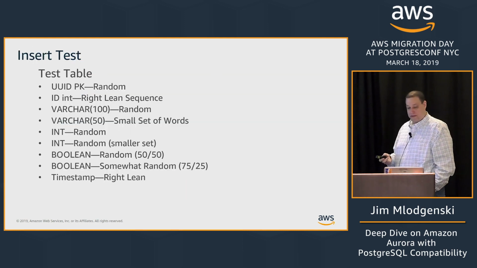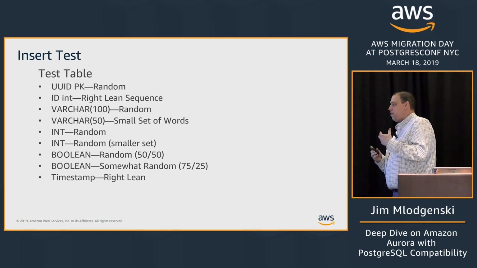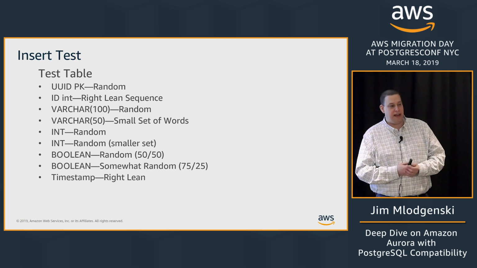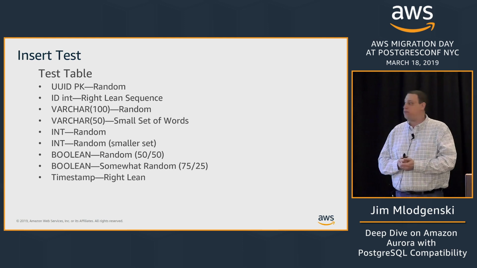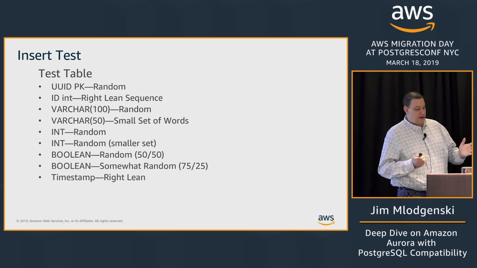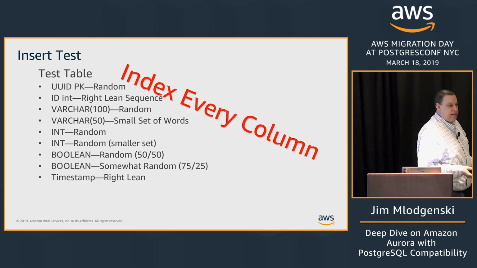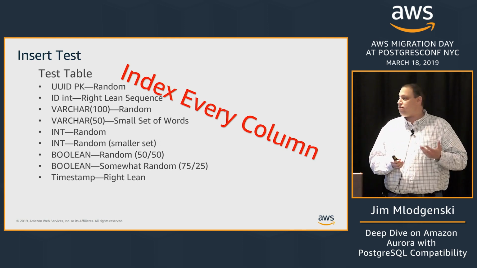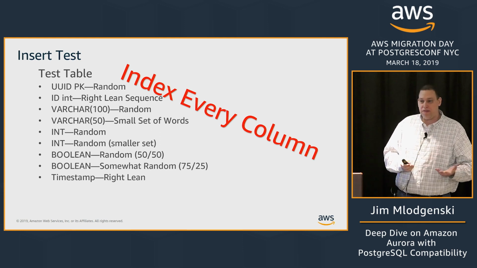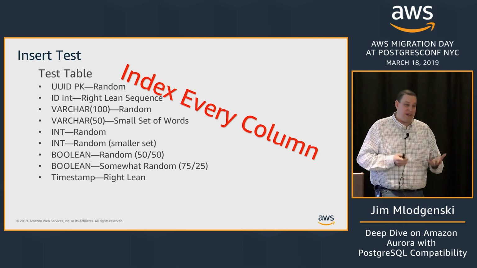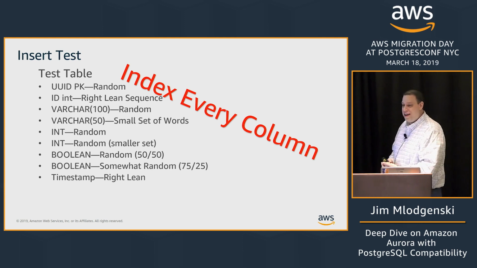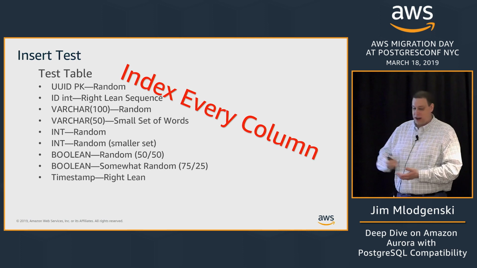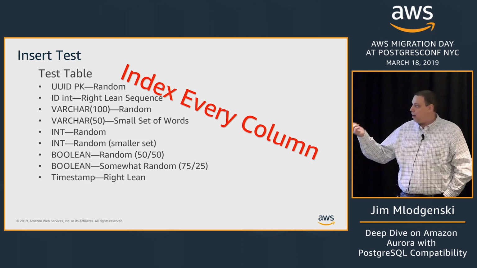So just to show some of the differences here and how you get additional throughput. We created a test table that has a bunch of different types of data in there, nine different columns, with just random things in there. We indexed every column. That might not be something that you would ordinarily do, but you might have 50 or 75 columns in there, and you might have 9 indexes on there. You might have 30 indexes on there. Not uncommon to see many indexes on wider tables, but just creating a large number of indexes on a fairly